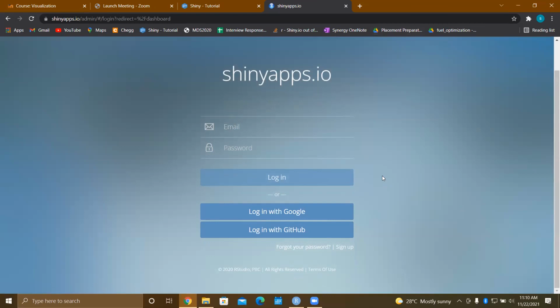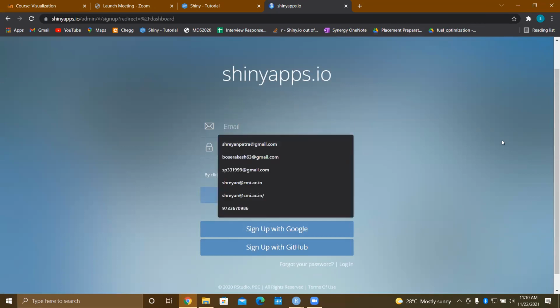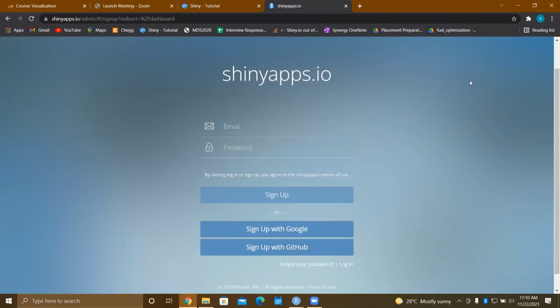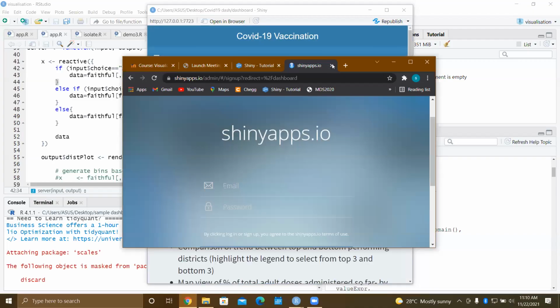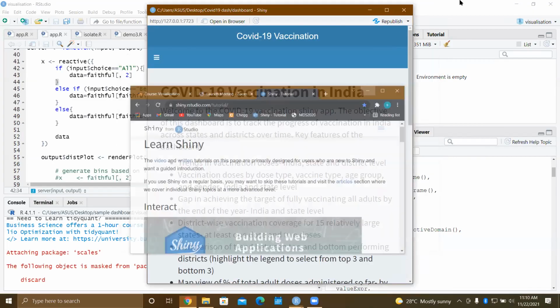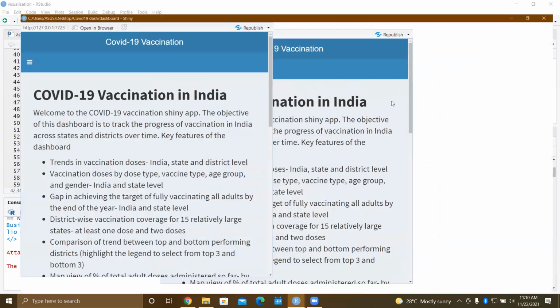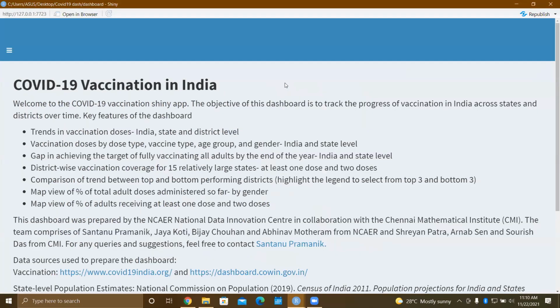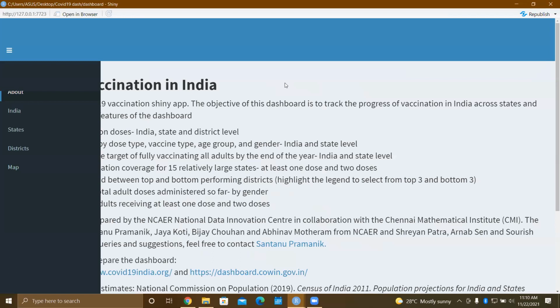Yes, anything. And it is recommended you don't use the CMI email ID, so just go ahead with your Google. Here you can just sign up, give your email and password, and your account will be done. Then I will show you how to deploy the app. Guys, take your time and sign up. And once you have signed up, just write in the chat box, done.